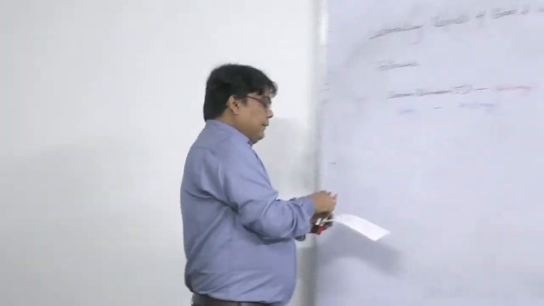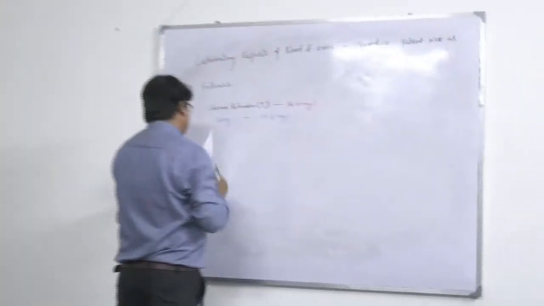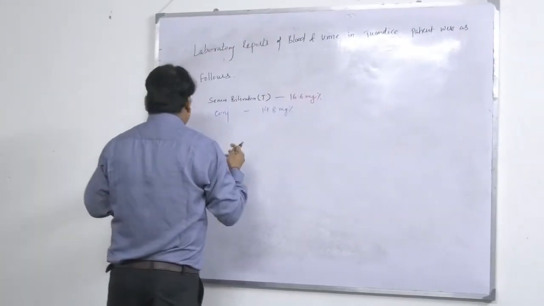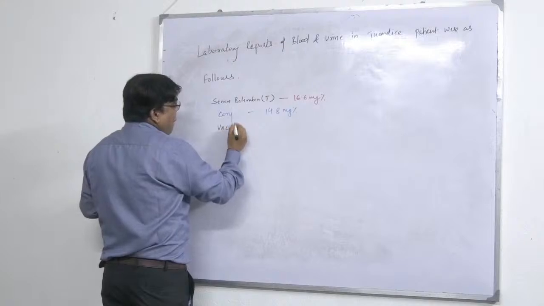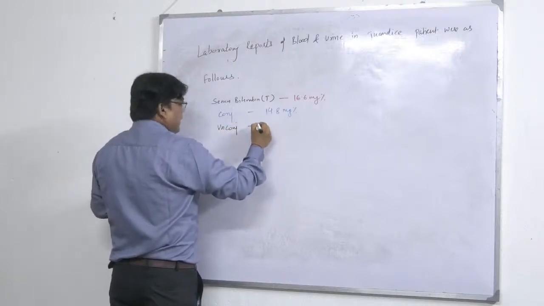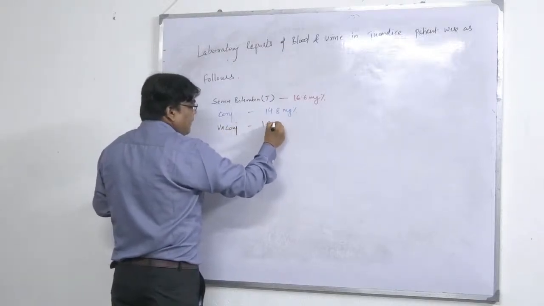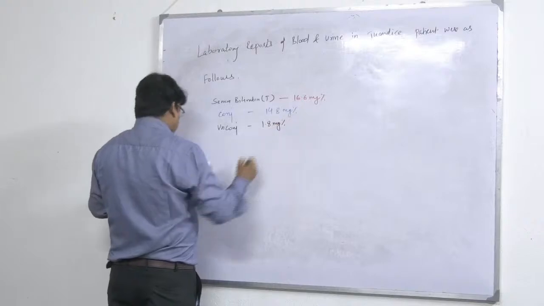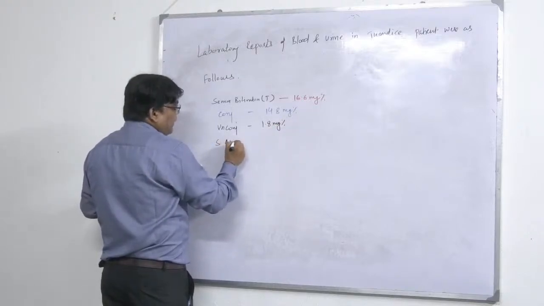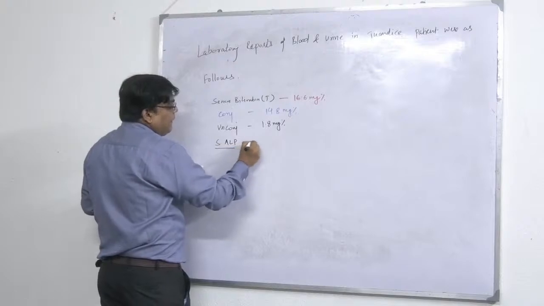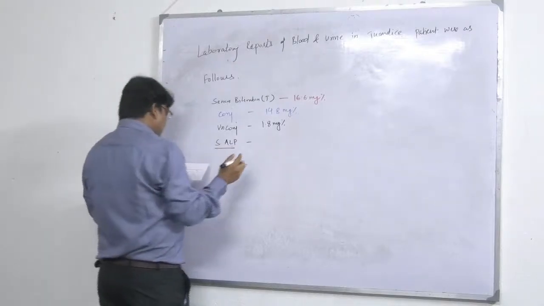Okay, and unconjugated is 1.8 milligram percentage. This is serum alkaline phosphatase, serum ALP, that is